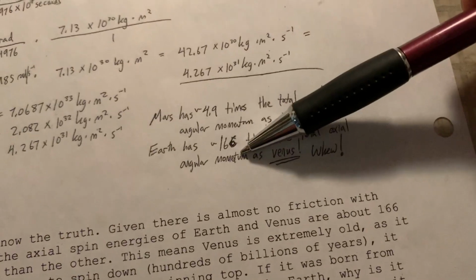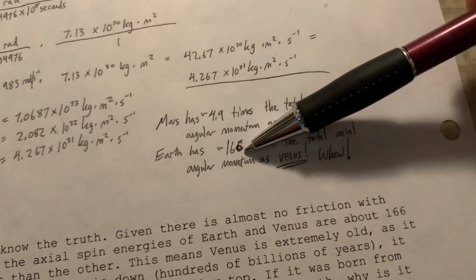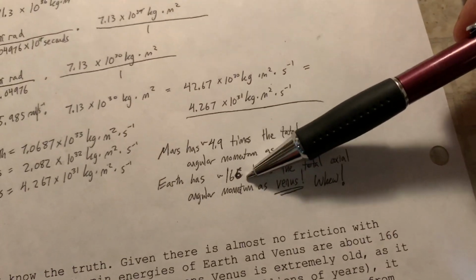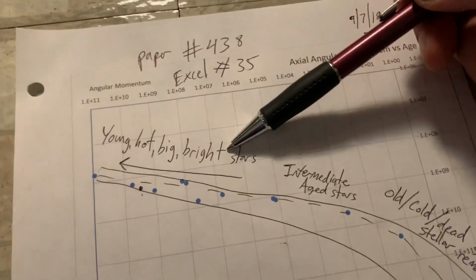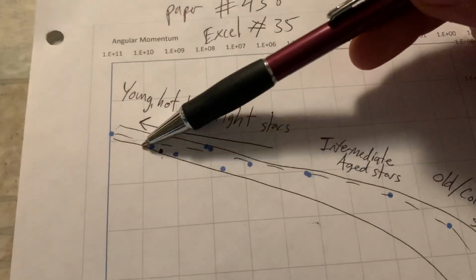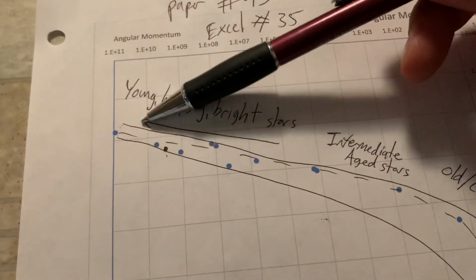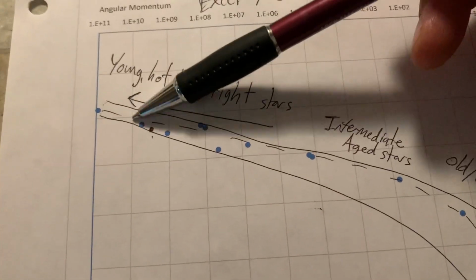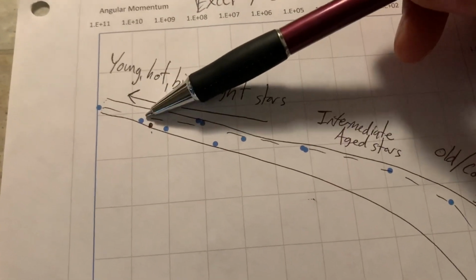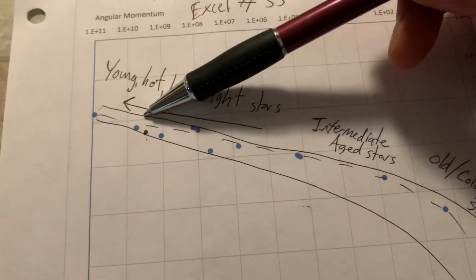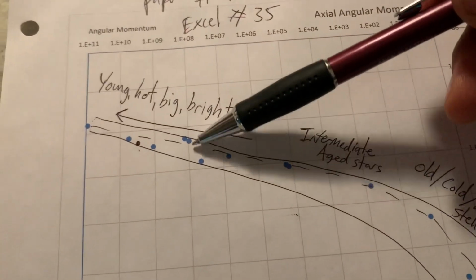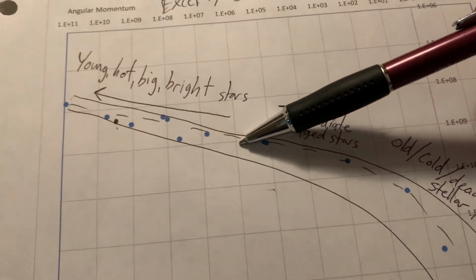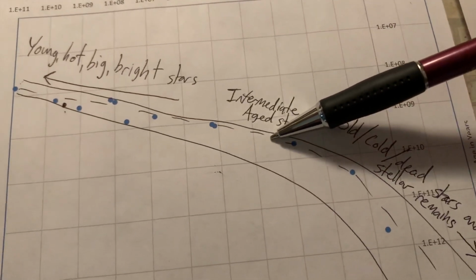This discrepancy is not explainable by the nebula hypothesis, but it is explainable inside of stellar metamorphosis. What actually happens, ladies and gentlemen, is that when young stars are hot, big, and bright and they're born, they spin tremendously. They spin with an enormous amount of axial angular momentum. Think of a basketball spinning on your finger so fast that it would burn your finger, but then it eventually slows down. And imagine that basketball also shrinking and slowing down, shrinking and slowing down.